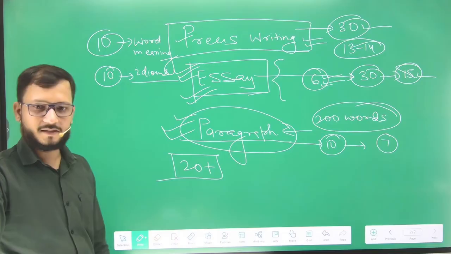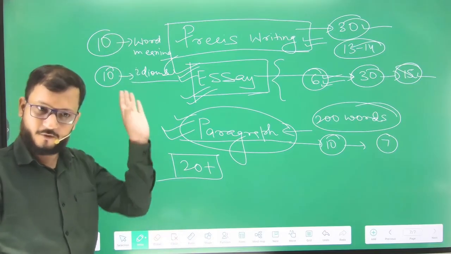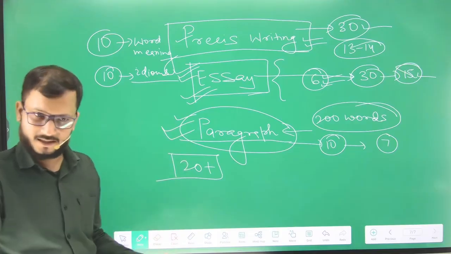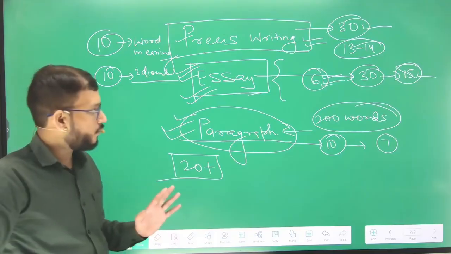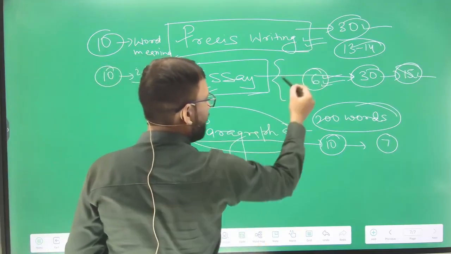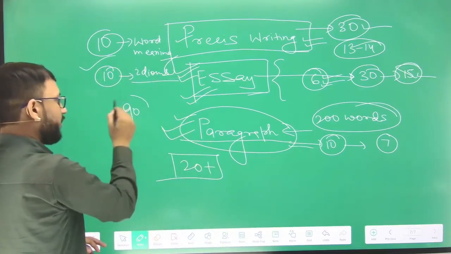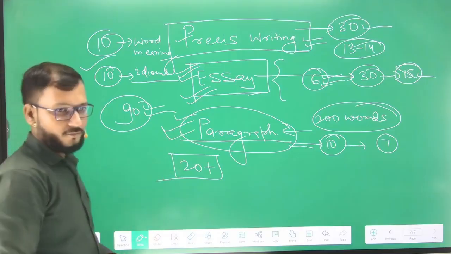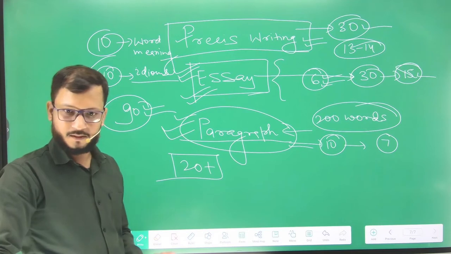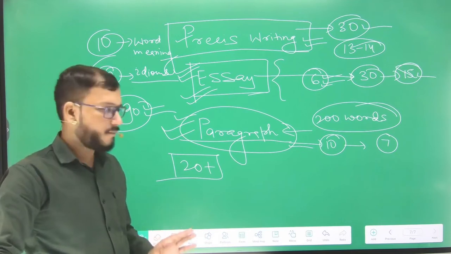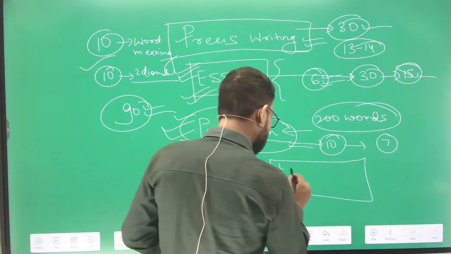And in this case, the only thing is, if you know the meaning of the word, you can create the sentence exactly, or otherwise you cannot. Clear? So there are a total of 90 marks, 30, 30, 10 and 20. 90 marks can be covered in this way. We are left with only 10 marks, that is the spotting grammar. Clear? So spotting grammar is of 10 marks, for which I will give you lectures